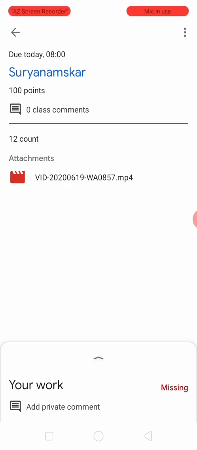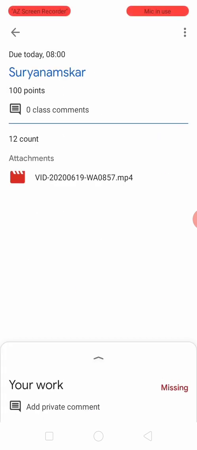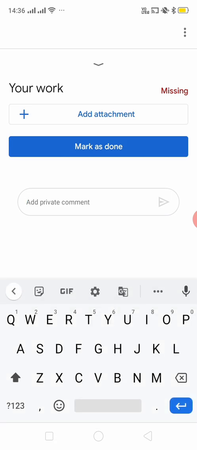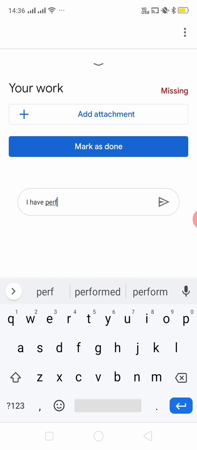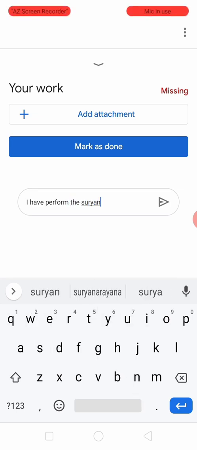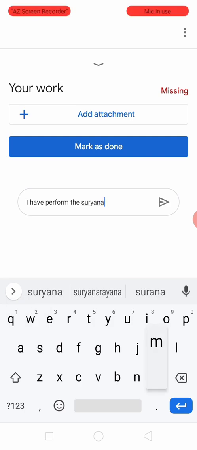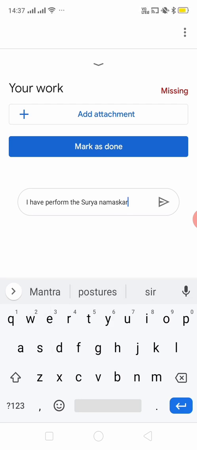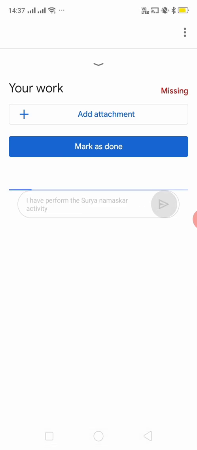Now if you want to say that you have done it, you can click on add private comments and add your comment over here. I have performed the Surya Namaskar activity and send it.